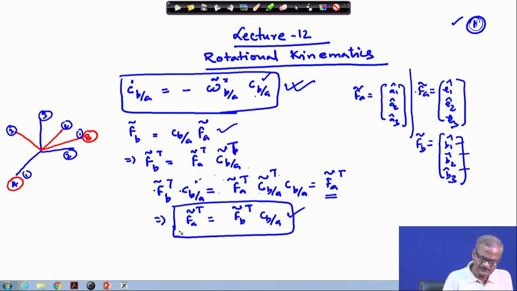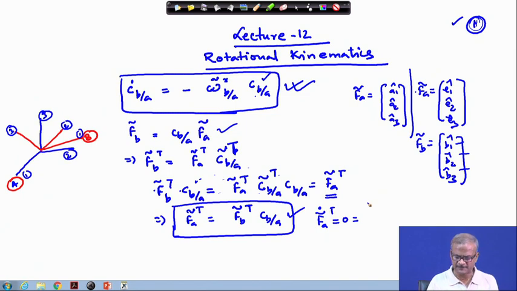Now, as we know, this frame is fixed and frame B is rotating. So, if we differentiate this, f A tilde dot will be equal to 0. In the earlier case we took it as the vector, and that might have created some confusion about what happens if that vector is rotating. So, to remove that confusion, we are just dealing with the vectrix. You should compare both methods and have a deep insight into how things are working.